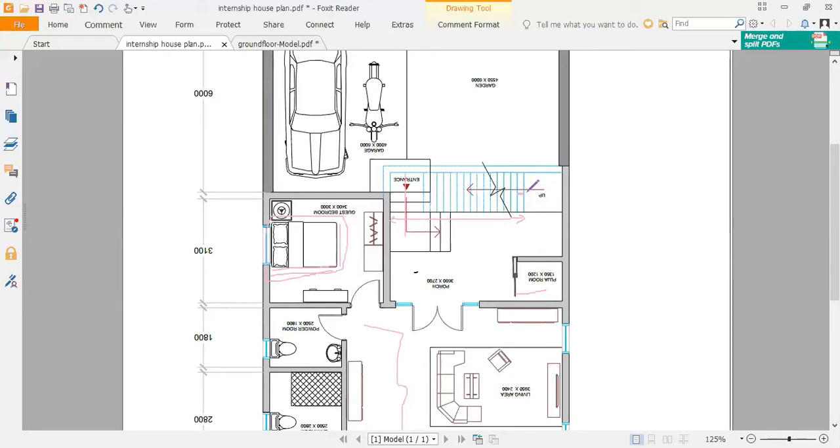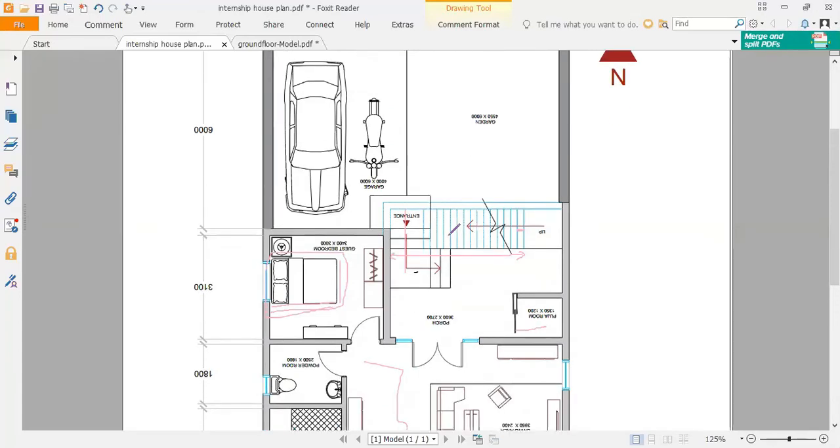Sir, I thought of that first, but if I don't put that 200, I can't fit that many stairs there. That is the thing. So in that case, you can also think of a different kind of staircase. Sir, I thought my stair would be the main part of the facade. If I put pergolas on the side of the staircase, that would dominate the facade, sir. Okay, okay, okay.